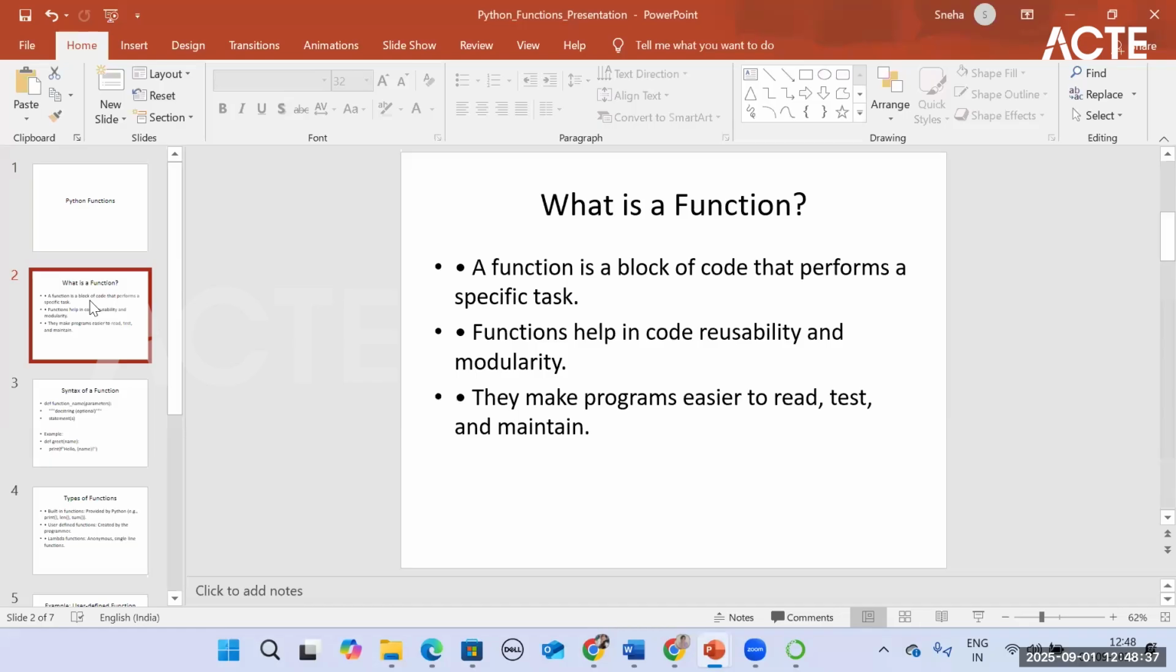So first of all, what is a function? A function is a block of code which performs a specific task. Over here I want to find the cube of the numbers, so that particular code I want to run wherever I want. For example, where the cube is being used, for example, I want to take the area of the